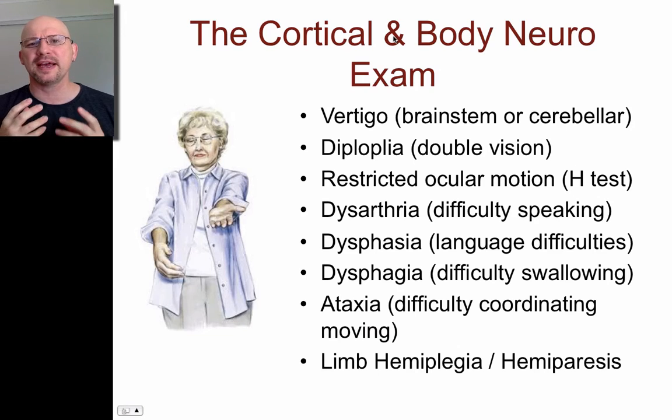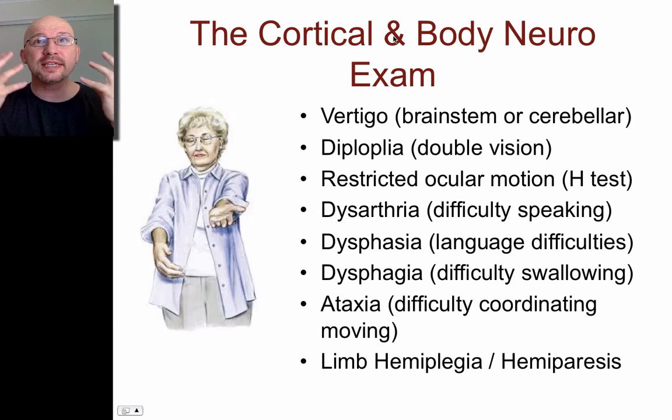So dysarthria is difficulty with the mechanics of articulating something. So if I can't speak properly for you, that would be an example of dysarthria. When you see your patient struggling with the mechanics of enunciation, that's dysarthria. Dysphasia is a problem producing the actual language. One of the classic ways for testing dysphasia